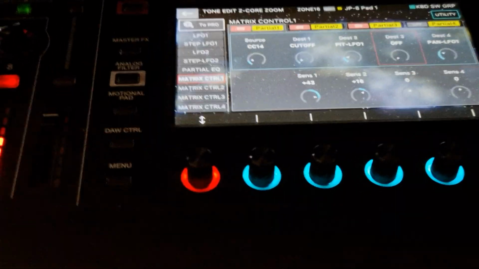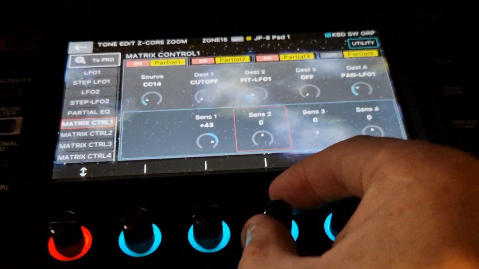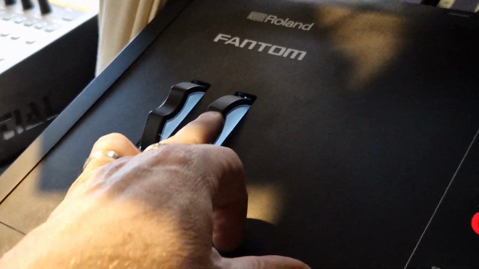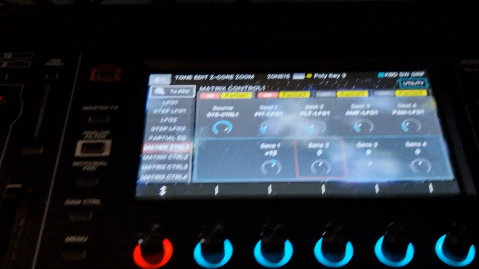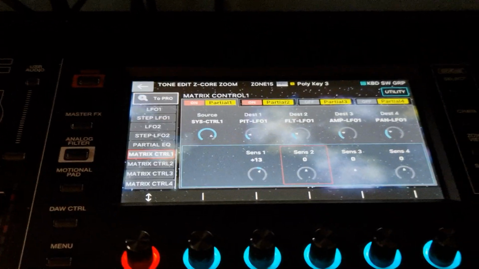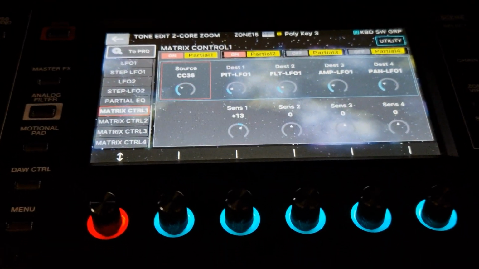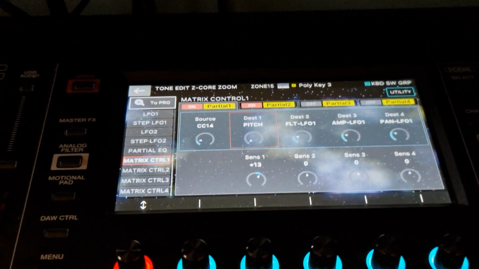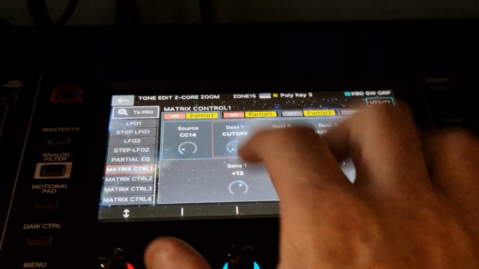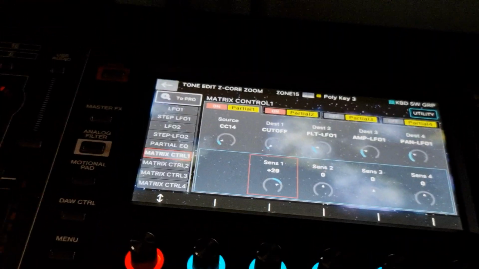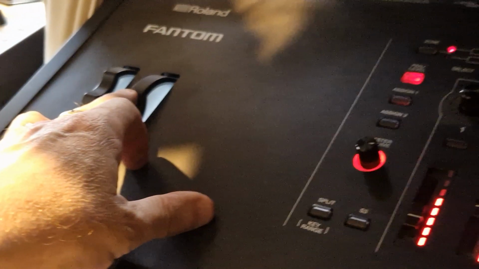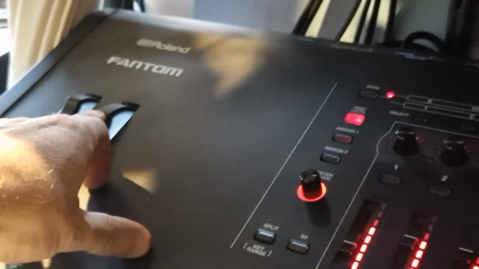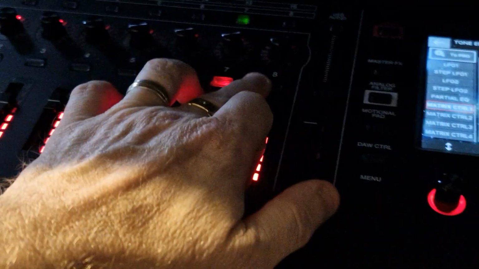So that's one. So let's just take off that completely. So we're back to just controlling the filter cutoff. Now it's got to go to another tone. And we're going to go same thing because we want it to respond to the same wheel. So 14, and let's just go to filter cutoff again because that makes life simple. So now you've got that tone is also controlled by that wheel. So now when you bring both tones in together,